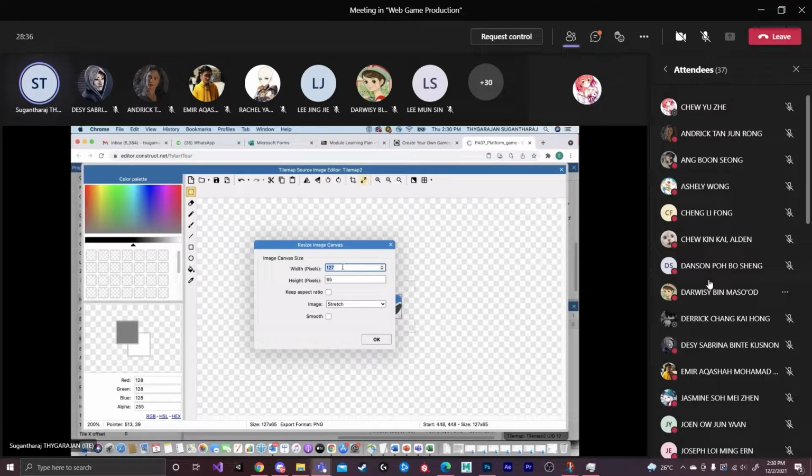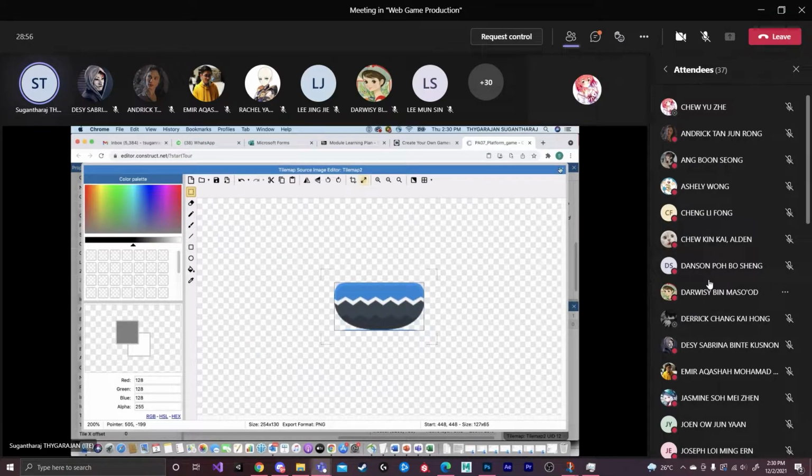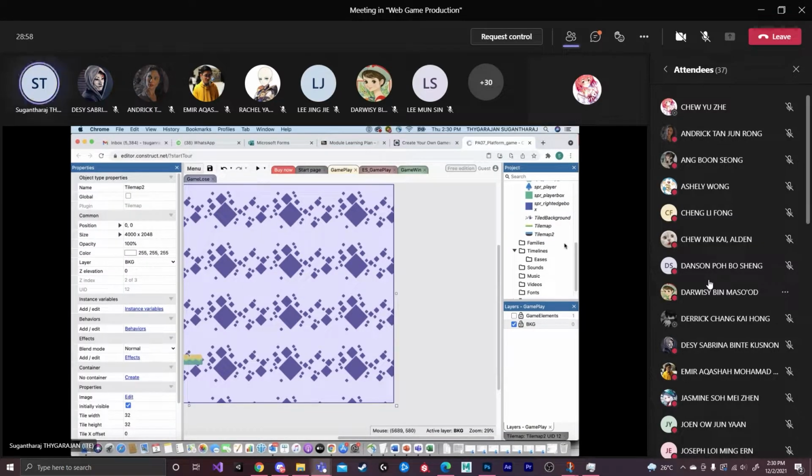in case after you bring it to your layer, if the size of your platform is very small, then you can come back here and resize your object. So that's why I'm doing it now itself. I just multiply both by 2. Then I click OK so that it can be bigger. Then now I close it. Once you are done, you need to choose the tile map that we have created, and in the property you can see here there is a tile map 2. You need to click on that one.